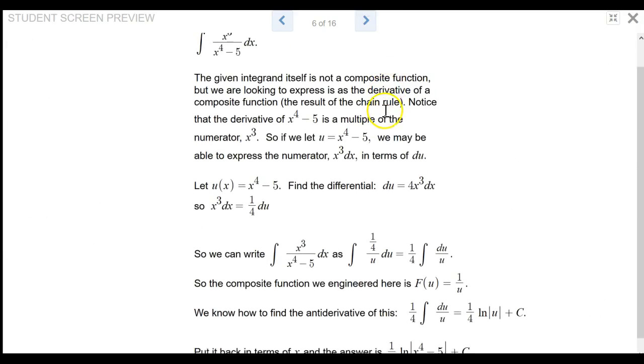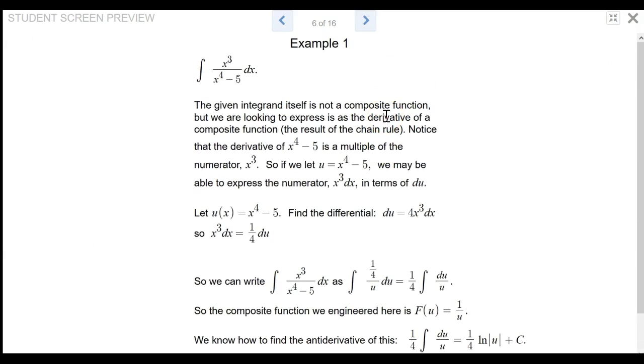So, lots of examples, really the best way to get your head around it. Let's look at this example. Unlike the last example, this is not an obvious composite function itself given in the integrand. But what you want to do is look for parts of the integrand to make your substitution with. And in particular, you want to look for what part of this integrand is a derivative of another part,